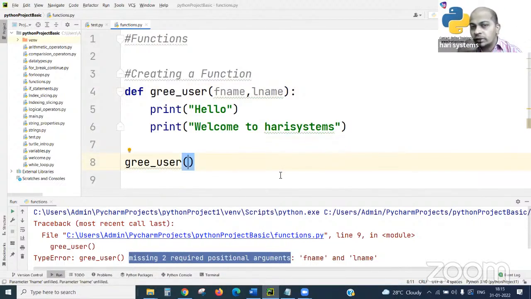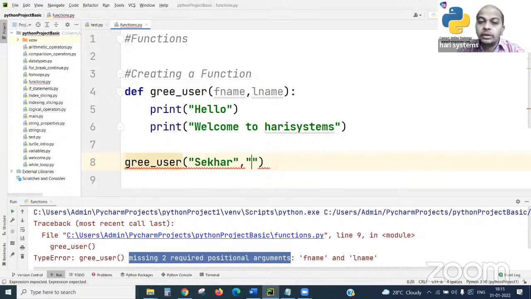How are we going to assign data to the string variables f name and L name? By passing arguments with string data. Shekhar is my first name, separated by a comma from the next argument.